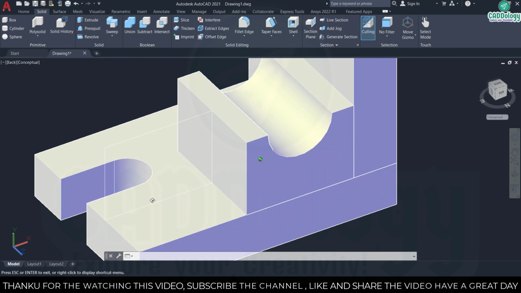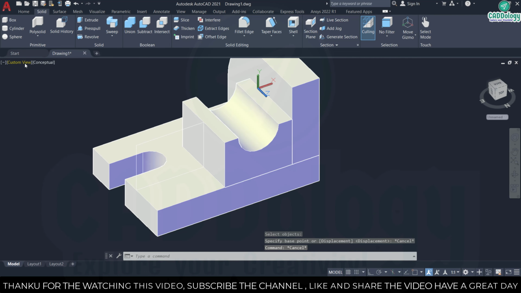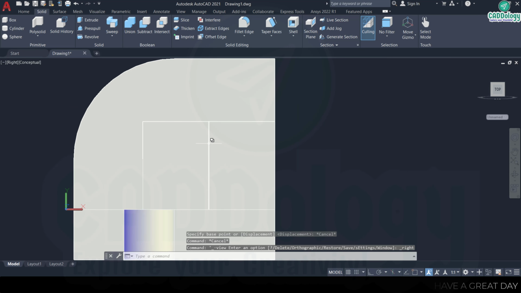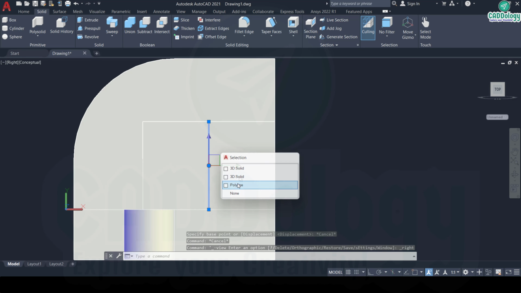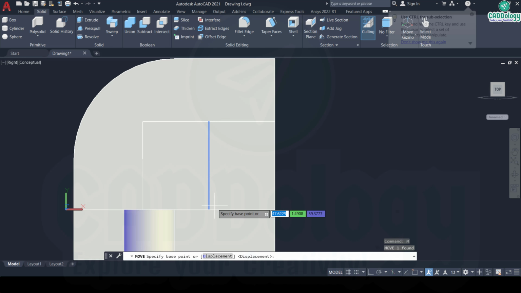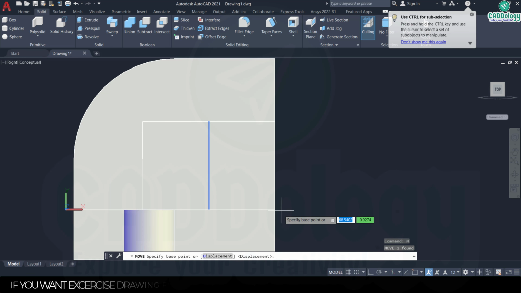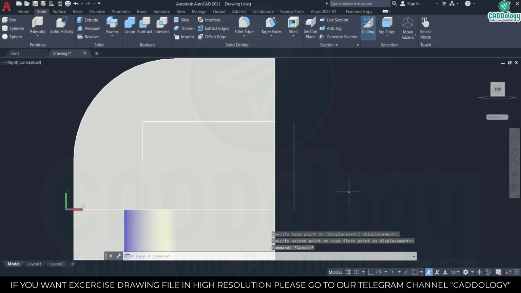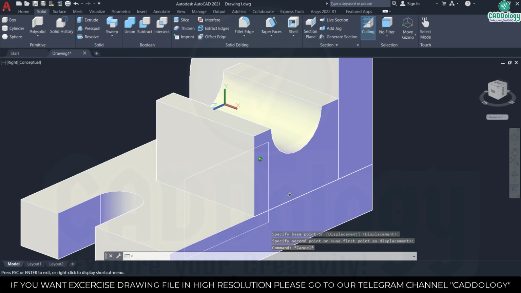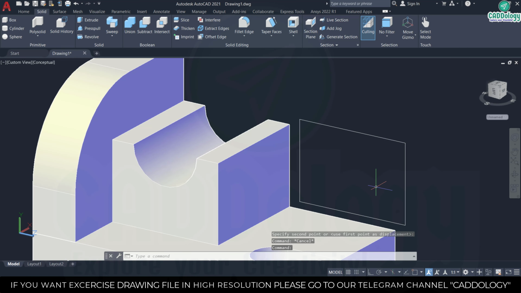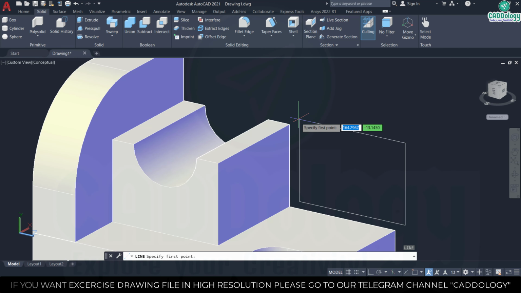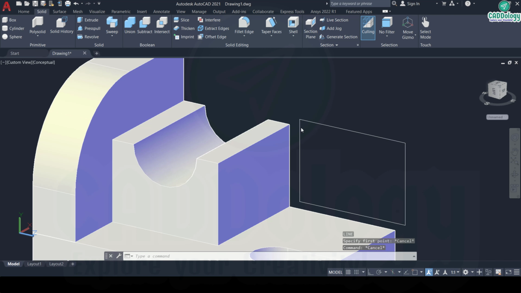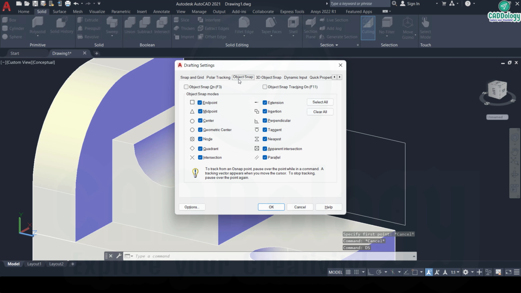So if you have purchased a laptop for designing purposes, especially for 3D, then ensure your laptop configuration is higher. Minimum 4 GB graphics is required for better performance. And here I'm selecting object snap,